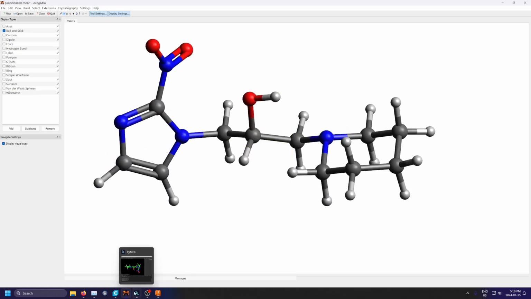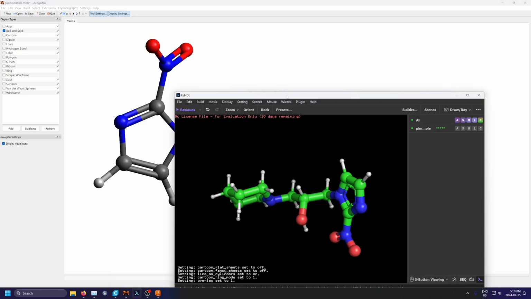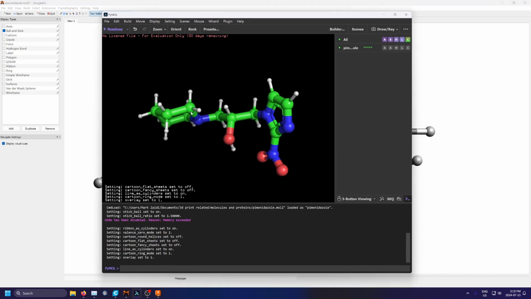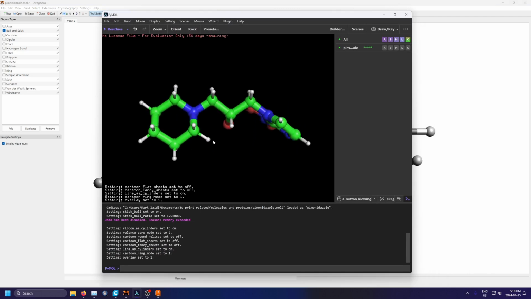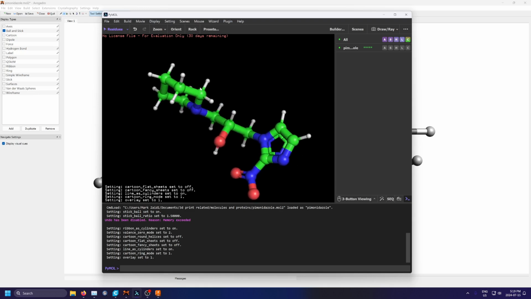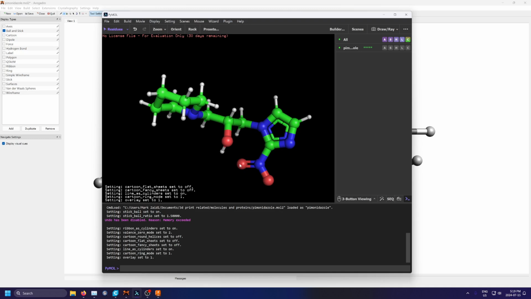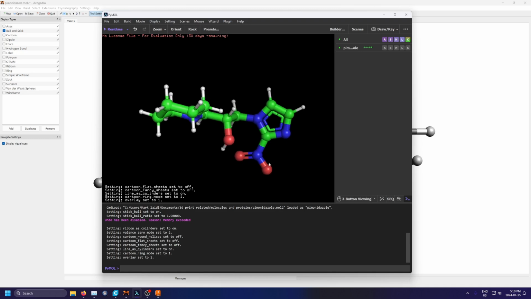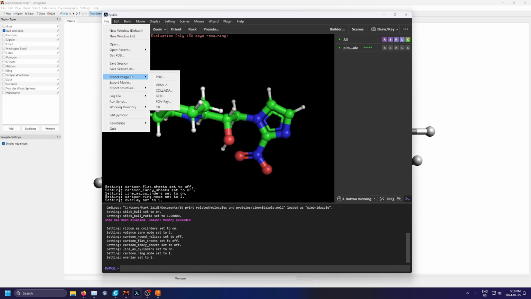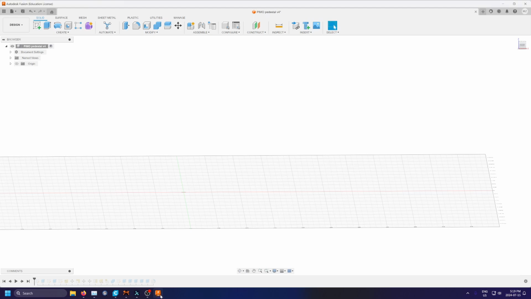Next up, we can use something like PyMOL, which will allow us to load this and confirm it's correctly being rendered, choose the size of the hydrogen atoms, the size of the different carbon atoms, oxygen, nitrogen, bond lengths, bond scales, if we wanted to scale the atoms relative to their electronegativity. And most importantly, be able to export this as an STL file. So once that was loaded as an STL file,